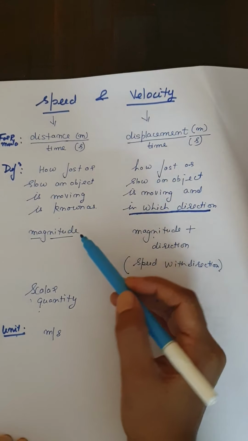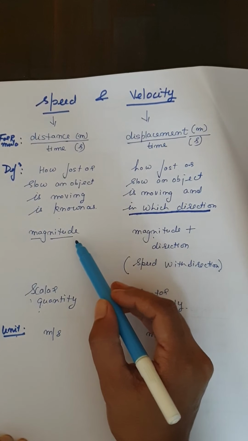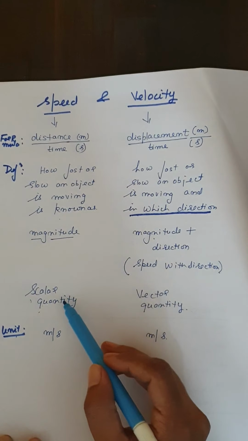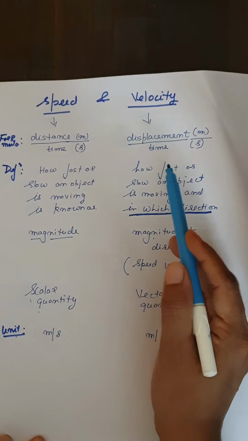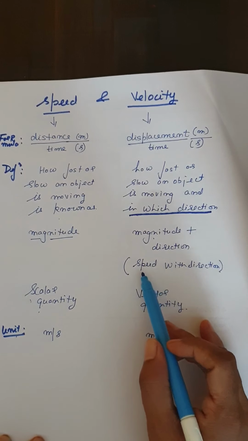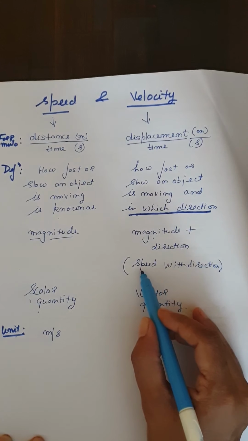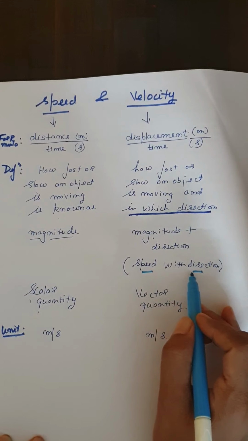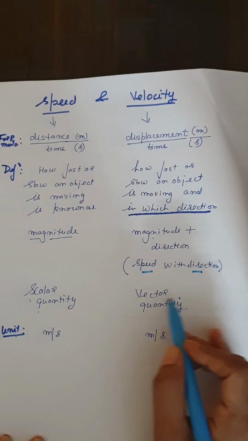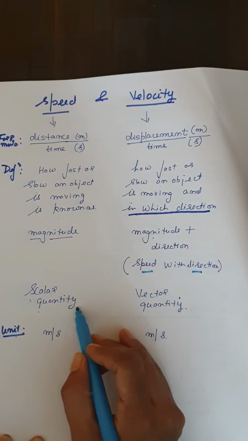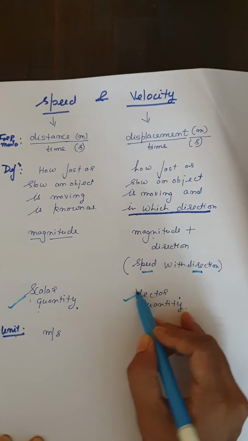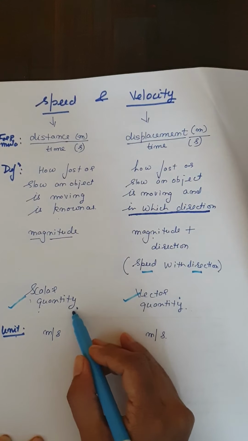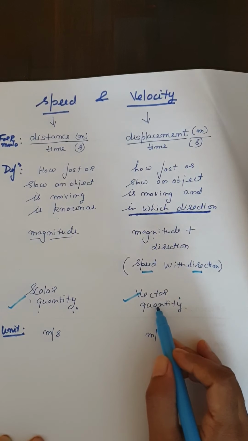So, in case of speed, it is expressed only by the magnitude. So, this is a scalar quantity. Right? If I want to define velocity in simple words, I can say it is speed with direction. That means magnitude with direction. So, it's a vector quantity and speed is a scalar quantity. So, I hope it is clear why speed is considered a scalar one and why velocity is considered a vector one, right?